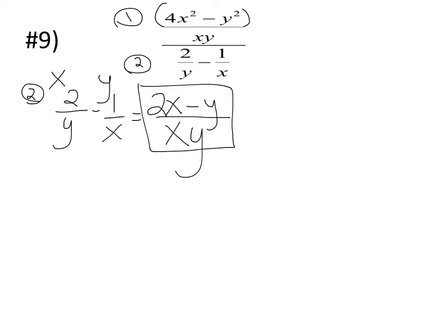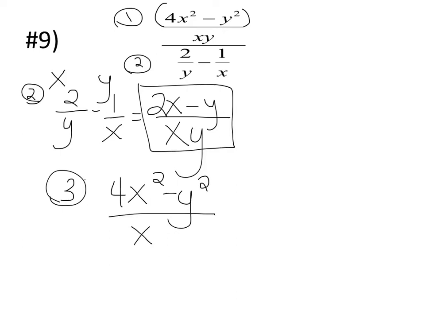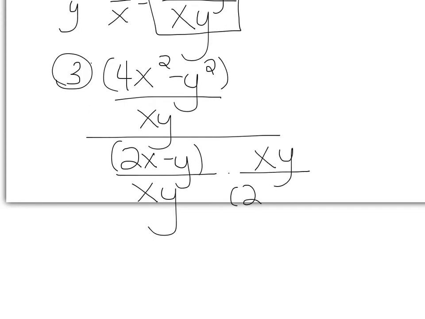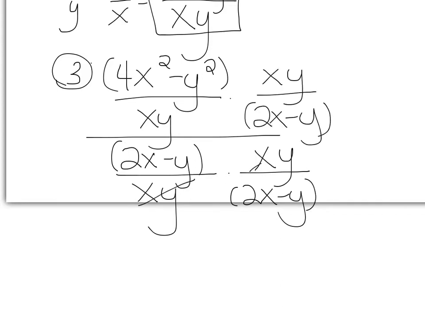So I'm going to rewrite it. Step 3 is to rewrite it. So 4x squared minus y squared over xy all over 2x minus y over xy. So then in step 3, you multiply by the reciprocal of the denominator. So notice these cancel, these cancel, these cancel, and you're left with,